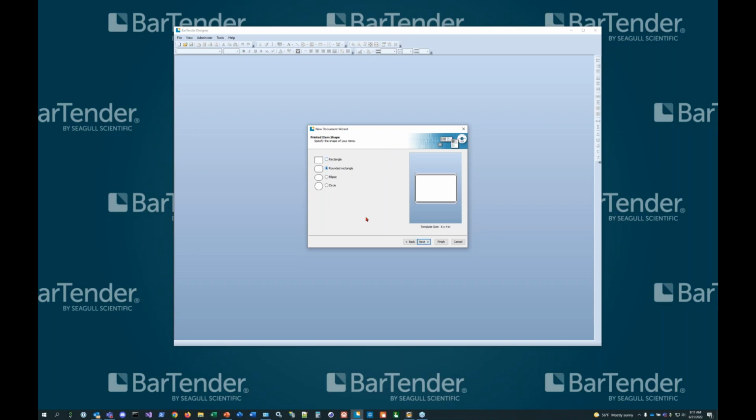It's going to be rounded, and I'm going to make it 6 inches wide, but it's going to be 8 inches tall. Notice how this immediately reflects that. And the orientation is portrait and landscape and so on. So I've got a lot of control here. And there we go. Now, what I'm going to do here is I want to pull in an image, because